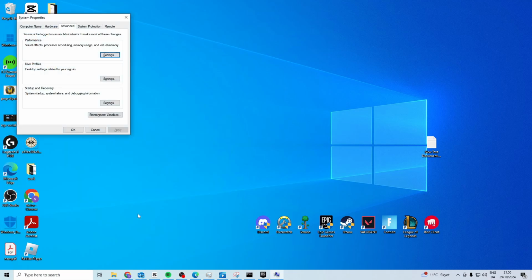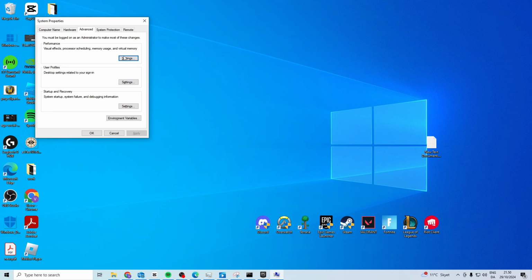Now before we do anything here, in the installer, if you have the option to check something called limit RAM usage up to 2 GB, usually it's unchecked, but you want to check this one in the launcher and see if that works. Now if that doesn't work, we want to go in here and go to Advanced, click Settings